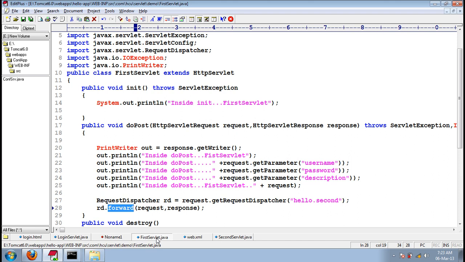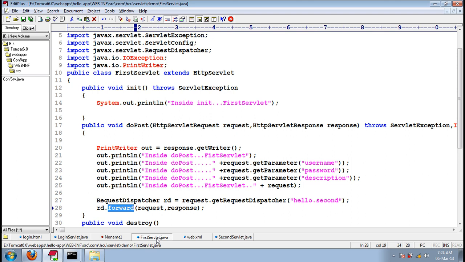Basically, we want to split the logic of a servlet into multiple servlets. We want to split the logic of the same process into multiple servlets. What we do is we develop multiple servlets, and the same request and response objects are shared between all the servlets. Now from the browser, some HTTP request will be sent, we submit a username, password,